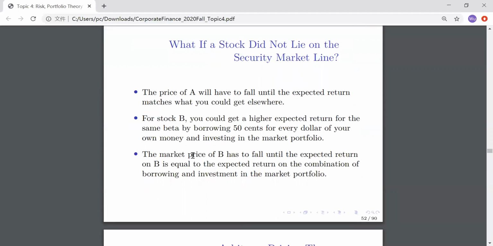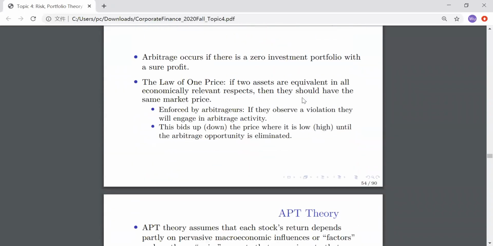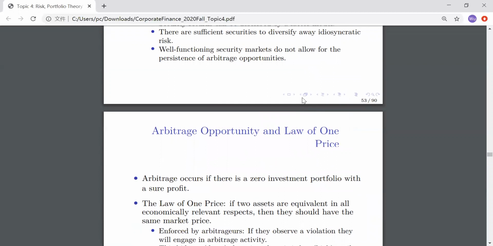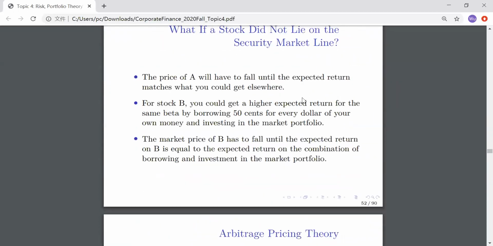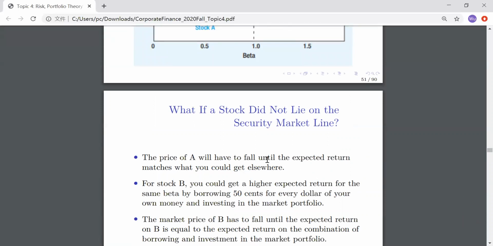So in that case, the market price of B will fall until the expected return of B is equal to the expected return on this strategy, right? So this is borrowing 50 cents for each dollar of your own money and investing in the market portfolio. That will bring you here. So that brings you to the CAPM model. So this is an arbitrage opportunity that we can achieve if we find any stock's return deviates from the CAPM